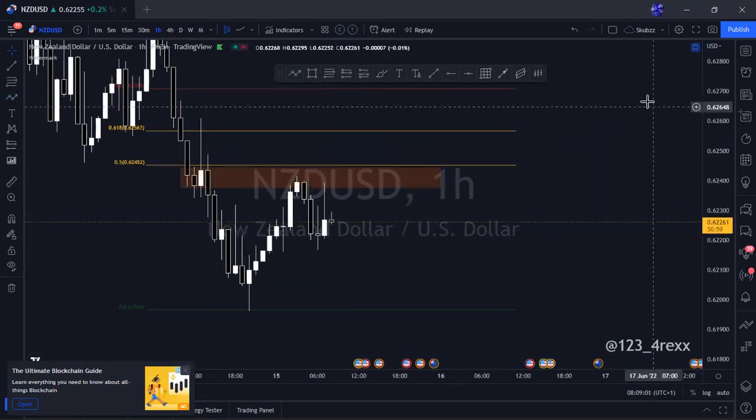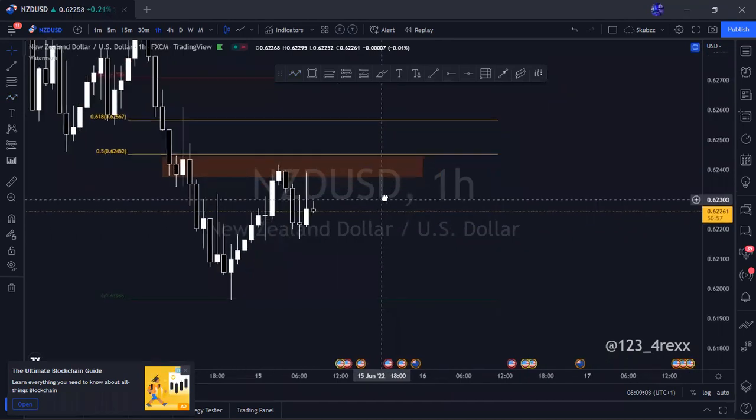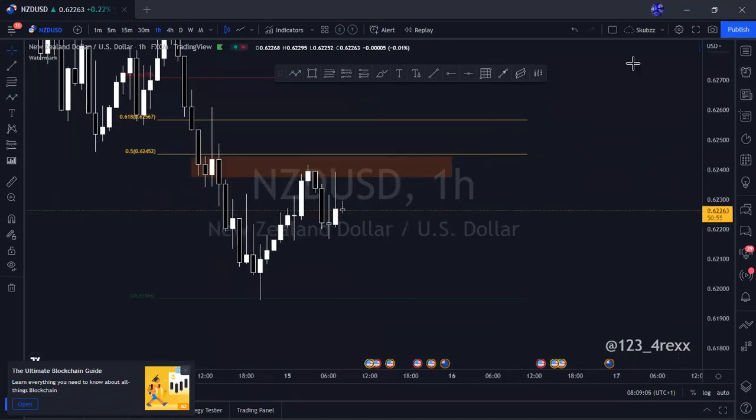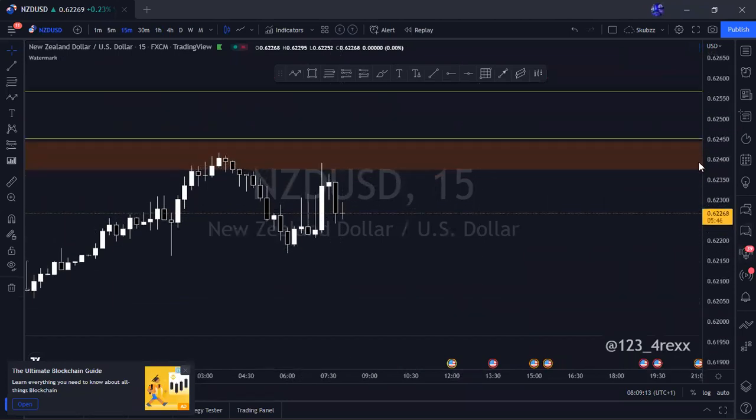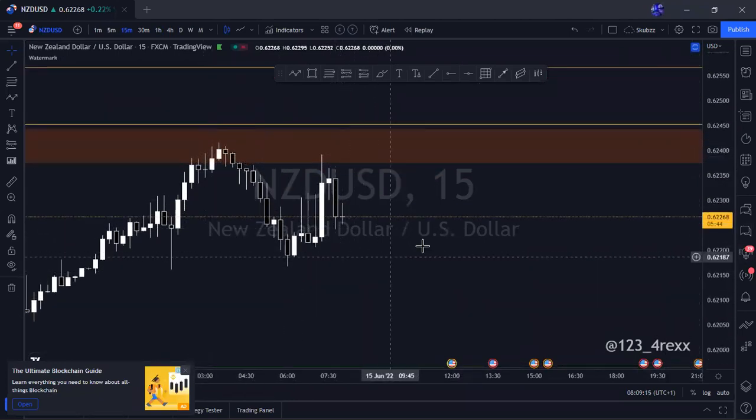And then at the same time, I'll pay attention to what AUD is doing. Let's see how it behaves, because if AUD starts selling, NZD will actually start selling from here. And let's look at the lower time frame, our entry time frame, because NZD has this candlestick here. It's not reacting from anything structural.